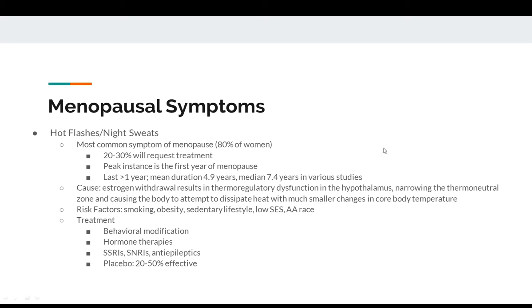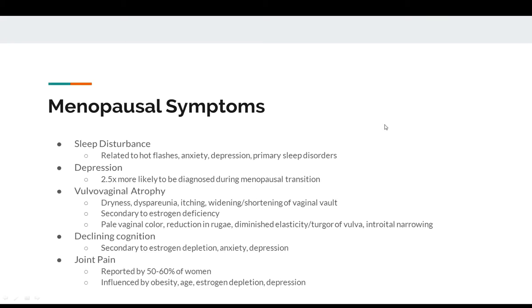I did provide a link in the notes on this slide for information on hormone replacement therapy, and I would suggest that you look into that because it's something that you will probably see at some point, especially in family practice. Other menopausal symptoms that can be disruptive but are not necessarily unexpected include alterations to sleep, mood,